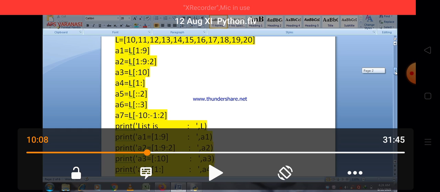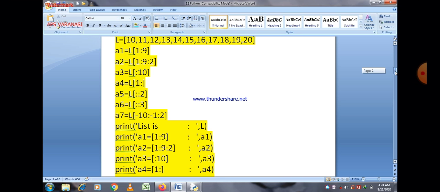And in the next case, if no last value is given, then by default it goes up to the last value of the list. And if neither the initial value nor the end value is given in list slicing, then all values are considered.